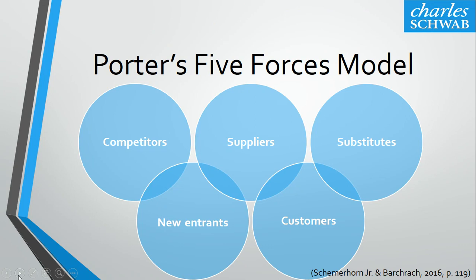Well, let's go ahead and get started here. We'll analyze Charles Schwab through Porter's 5 forces model. Porter's 5 forces was developed by Harvard scholar Michael Porter, which includes analysis by viewing the competition from industry rivals, the threat of new entrants into the industry, the bargaining power of suppliers, as well as the bargaining powers of consumers, and the threat of substitute products.